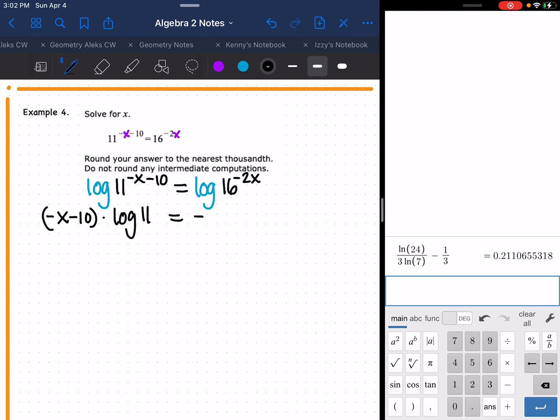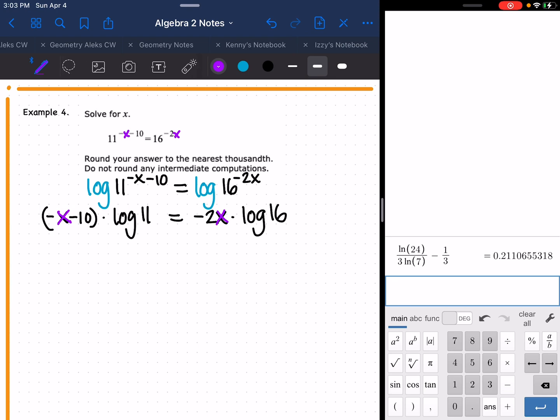Now I'm going to try something a little bit different on this side. What I want you guys to notice is that there is an x on both sides. So what we would have done in the last problems is we would have divided both sides by the log of 11. But since there is an x on both sides, what I want to do is